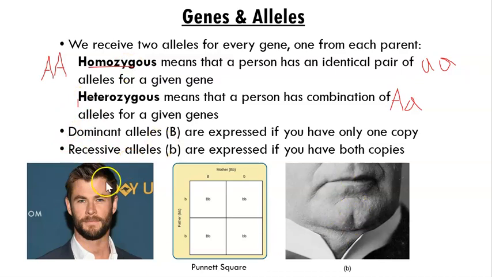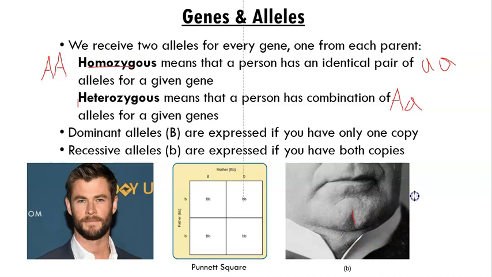There's another example down here where we're talking about chins. Here, the dominant allele with chins would be whether or not you have a cleft in your chin. I often call that a butt chin. But the dominant allele will be